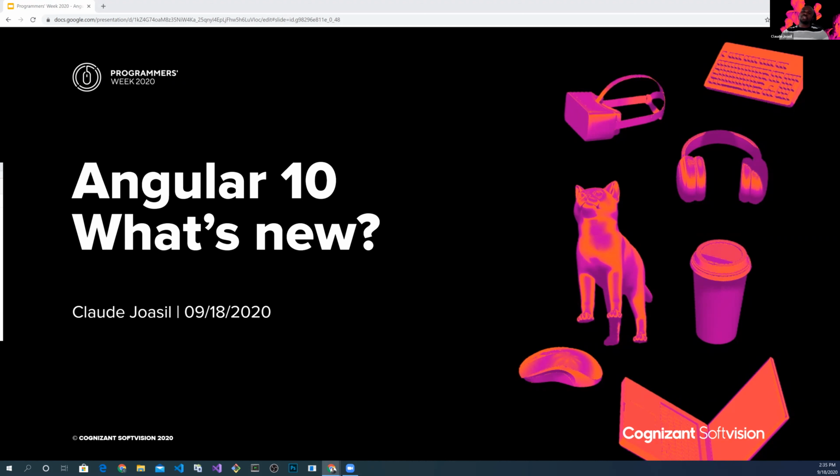Like we said, today we're going to talk about Angular 10, and we're going to try to cover some of the new stuff that was added to Angular 10. Without further ado, we're just going to start. We're starting with